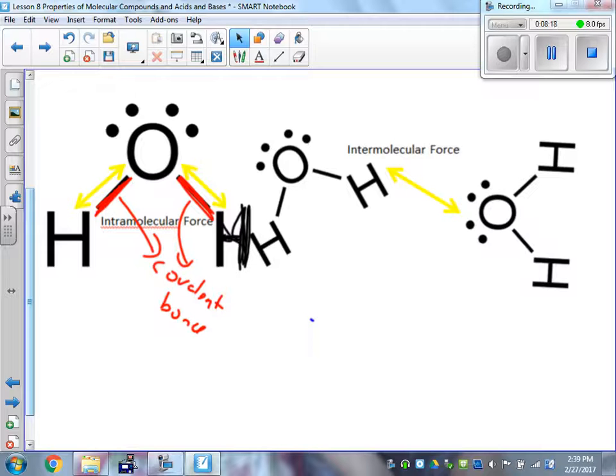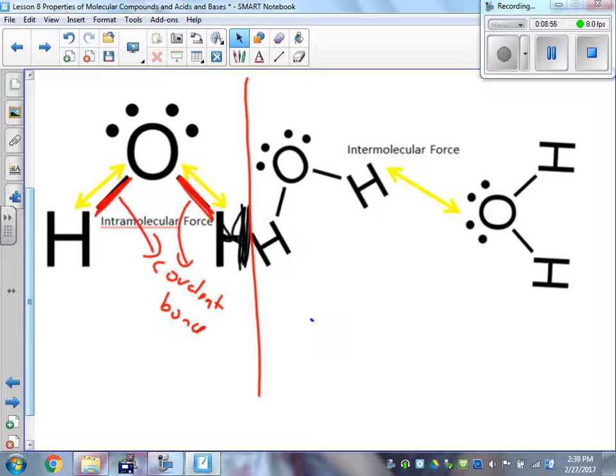So, I'm going to split these right here. Okay? Notice, intra, right here, intra, but connected between these two, what connects these two molecules together, what holds them together? And the answer is intermolecular force. Inter. Okay? That's a special one. This one's called, you don't have to know this yet, hydrogen bonding, okay, down the road. But that is what holds one water to another one, to another one, to another one, so that when I